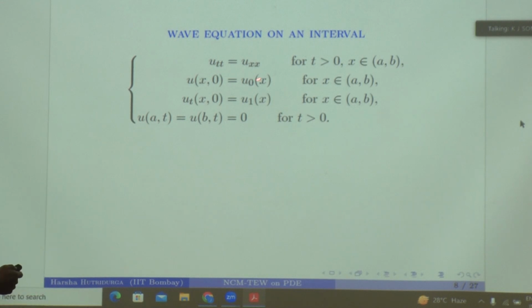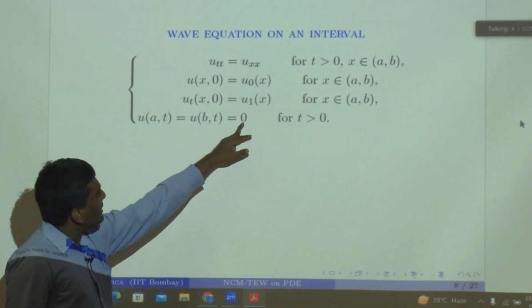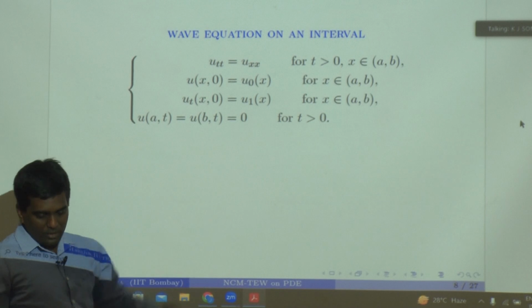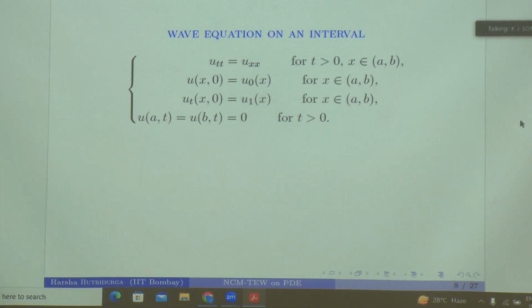And of course, these are the two initial conditions that you have to impose for an initial value problem. Because you are posing the problem in a bounded interval, you have to assign the value of u at the two endpoints, like in your heat equation, and we are assigning that it vanishes at the boundary of your interval. So this is an initial boundary value problem, because you are assigning the value of u and its time derivative at time t equal to 0, and also the value of u at the two endpoints.